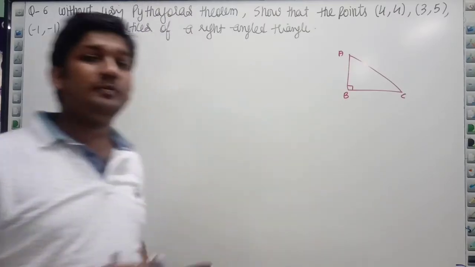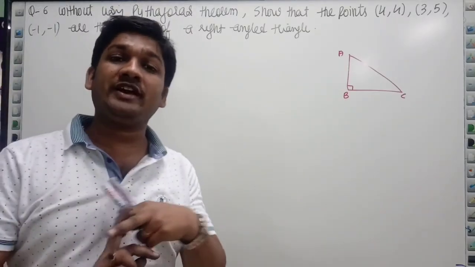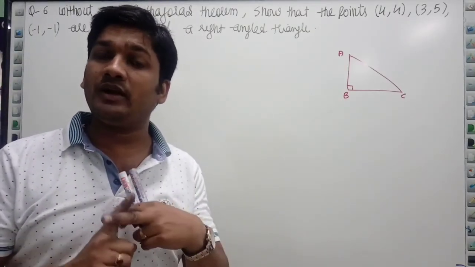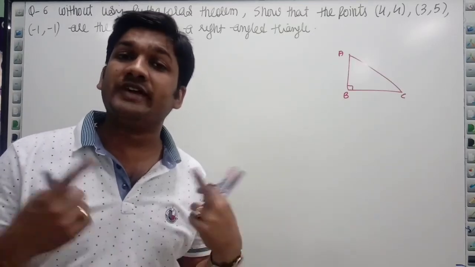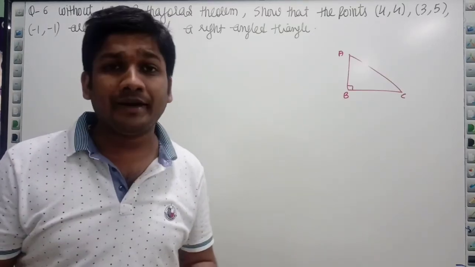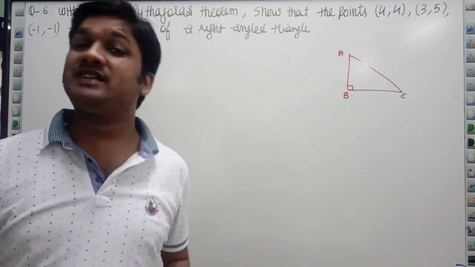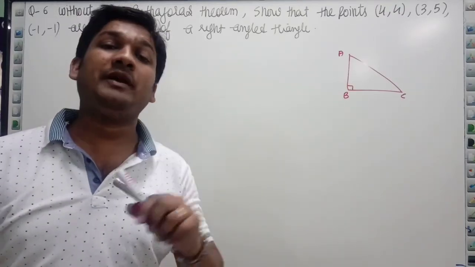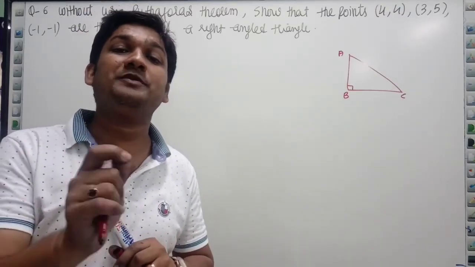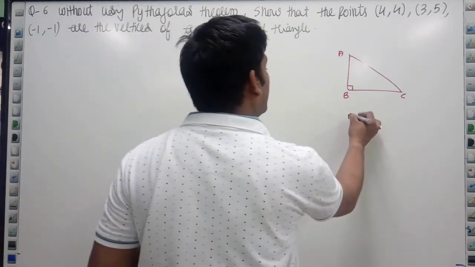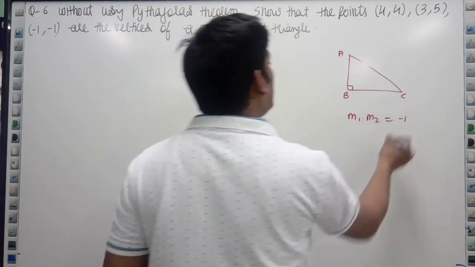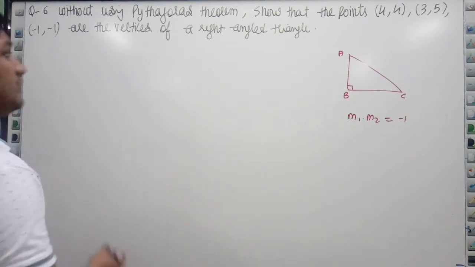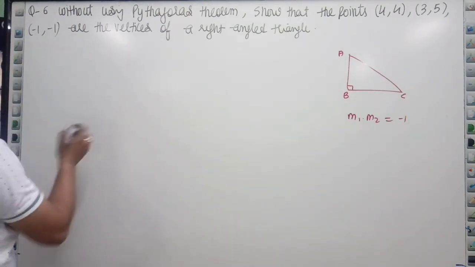Now in slope, are we able to check whether two sides are perpendicular? Do we know any condition when two lines are perpendicular? Yes, when two lines are perpendicular, the multiplication of their slopes is minus 1. We discussed m1 into m2 is minus 1, but we don't know which two sides are perpendicular, meaning which two sides have an angle of 90 degrees.